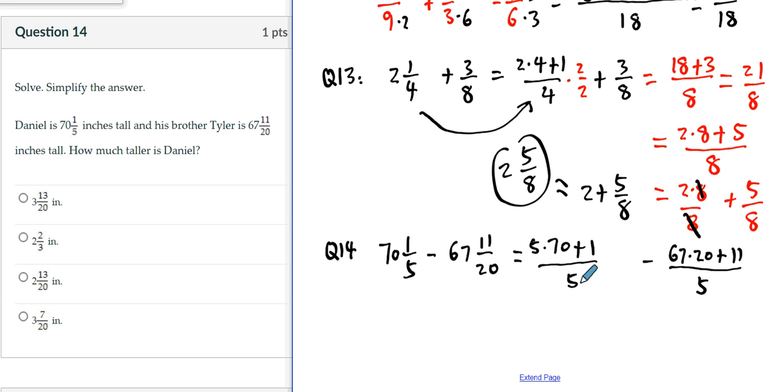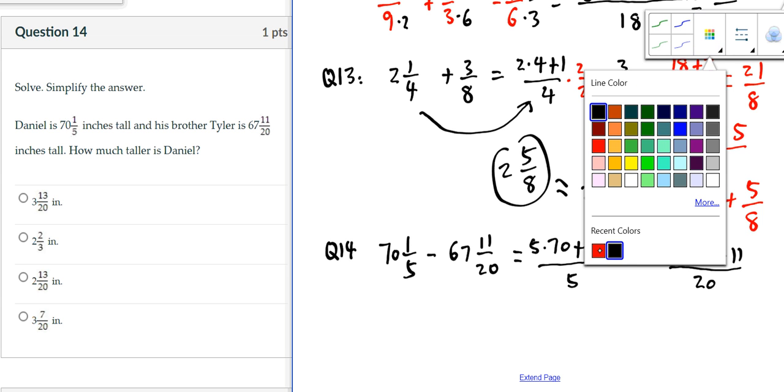70 over 5. Yeah, so 5 times 70 plus 1. Good. And then here's 67 times 20. So you see, I checked and found a mistake. Here should be 20. You may wonder how come I got 5 here. Okay, so what we have to do is use denominator 20 times 67, then plus 11. Great. I'm glad I corrected this place. Okay. Now,